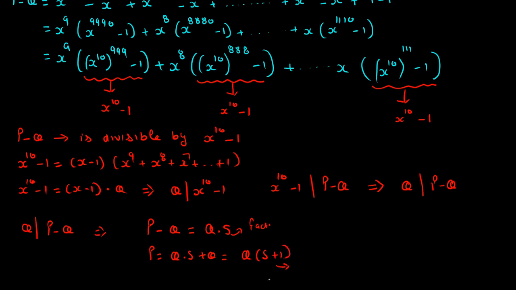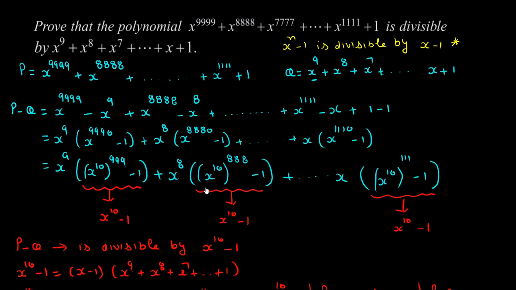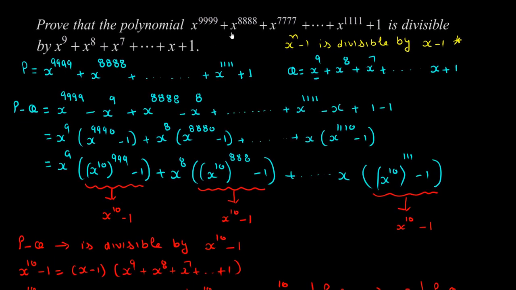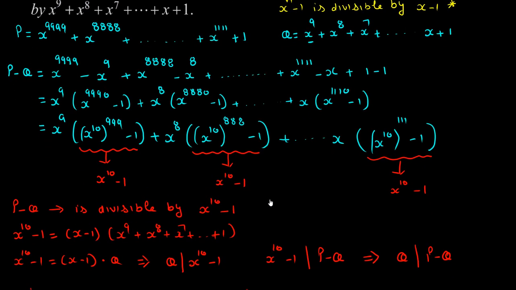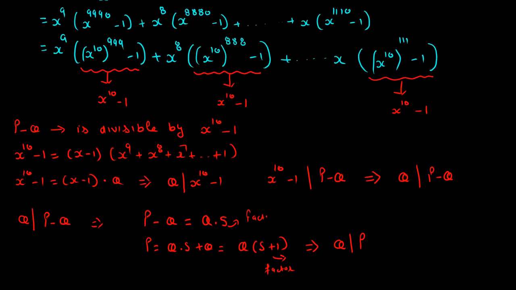So there is again some factor, so it means q divides p, and this is the thing that we have to prove, that is, q divides p. So this is our overall solution. So hopefully you have learned a lot of things from this question. Okay, so to know